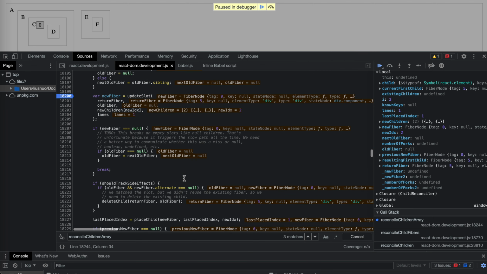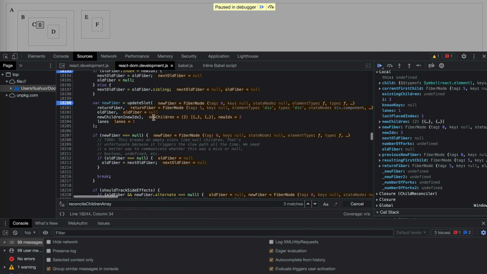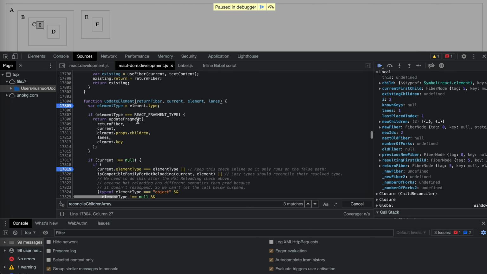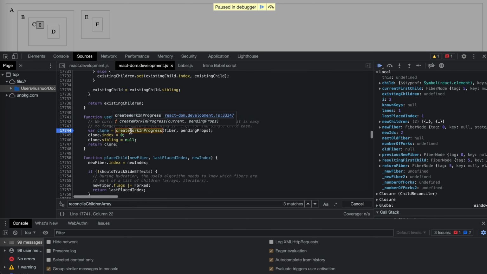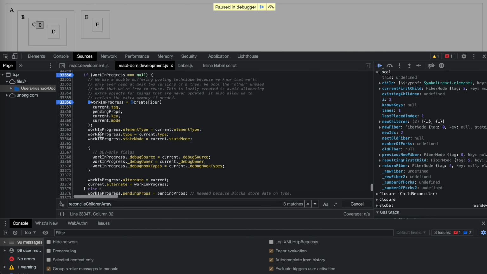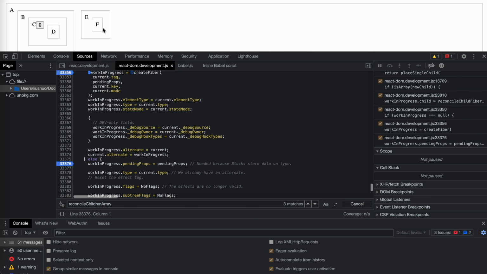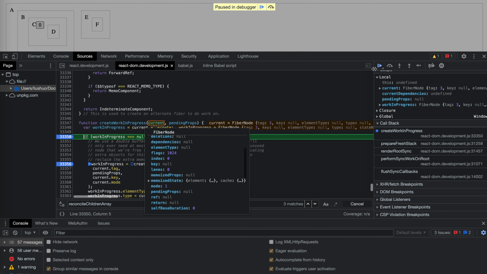Okay. So this new fiber, you can see the pending props, it's still empty. What happened? Update element. So yeah, it's use fiber clone. This is fiber create. We currently set sibling to null. If it is null, it's actually null here. Let's see it here. This is interesting. Let me do it again. We click it. Current. This should be. Oh, that's